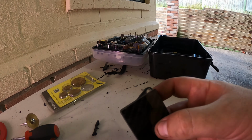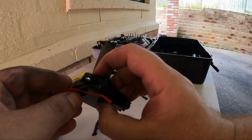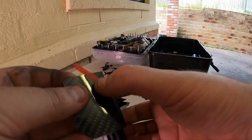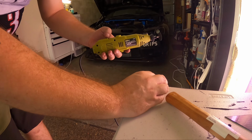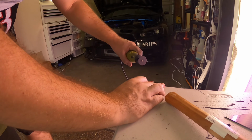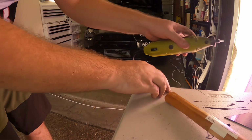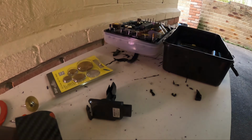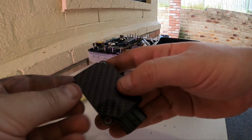So what I'm doing, this stuff's really easy to cut. Just putting this bit of tape where I want the cut to be. So yeah, that's about right. Pulling it off, and then just simply grabbing the Dremel. There we go. So yeah, I now have this little cover,